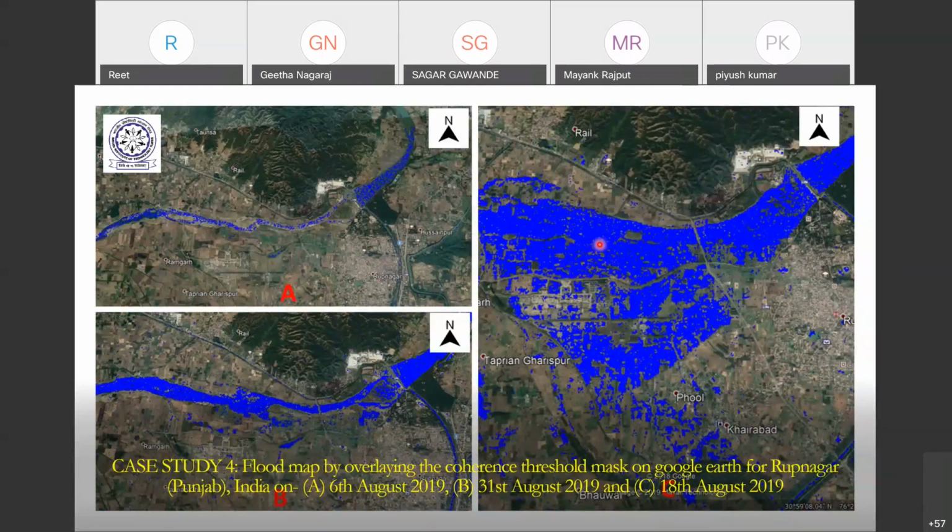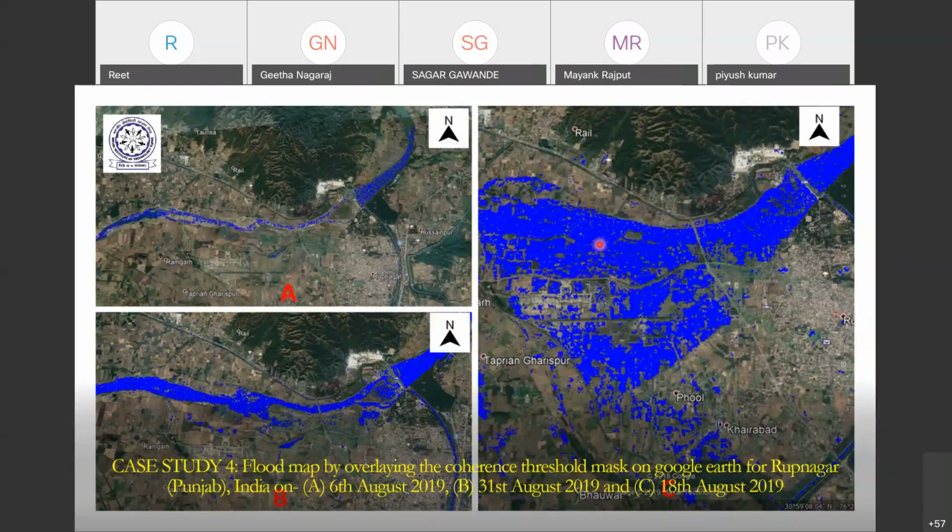So this is the campus of IIT Ropar. You can see in this image that this campus and the nearby villages were completely filled, and the beauty was that the water didn't come from the Satluj river. It came from a river. If I can show you here,